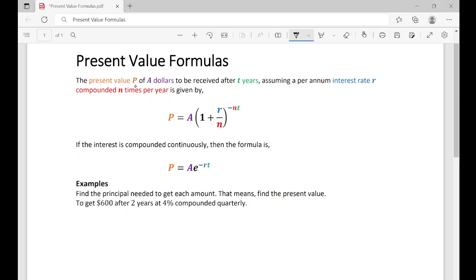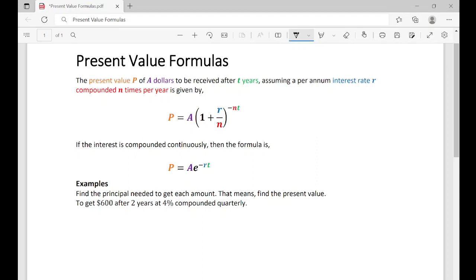The present value P, the initial amount, of A dollars to be received after T years, assuming a per annum interest rate R, compounded N times per year, is given by this formula, which is similar to our compounded interest formula. If the interest is compounded continuously, then the formula is this formula, which is again similar to our compounded